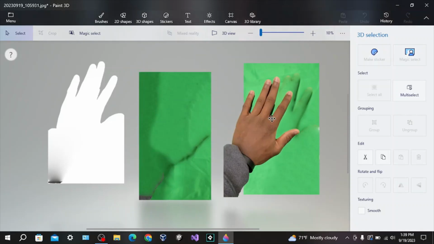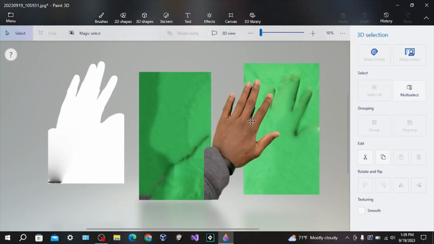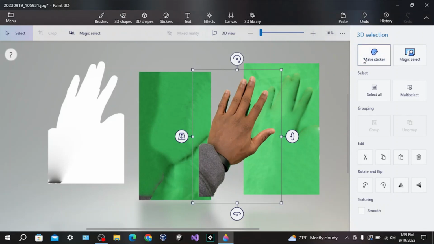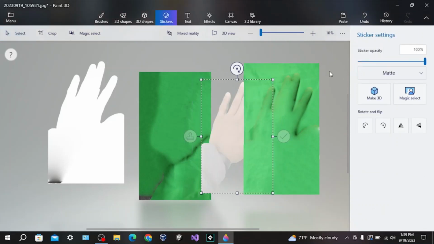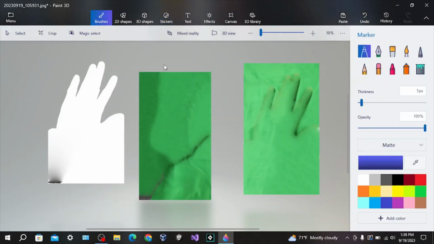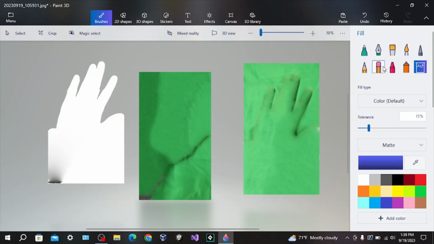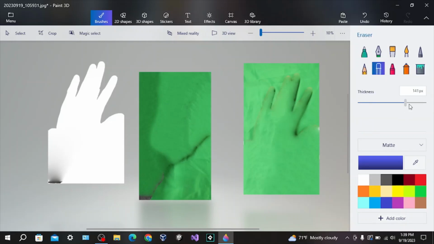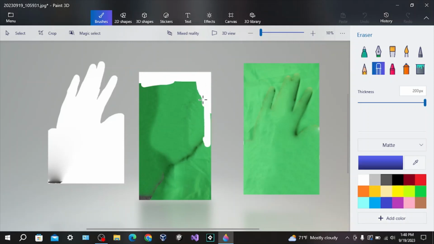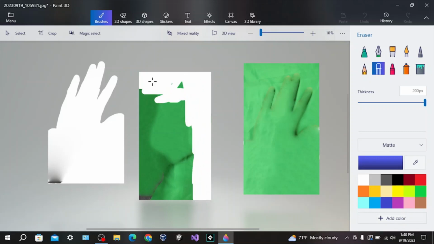So what you're going to do is you're going to go to make this a sticker, and then you're going to go to brushes, and you're going to want to go to the fill, the eraser, and then just erase the entirety of your background. There's probably a faster way to do this, but